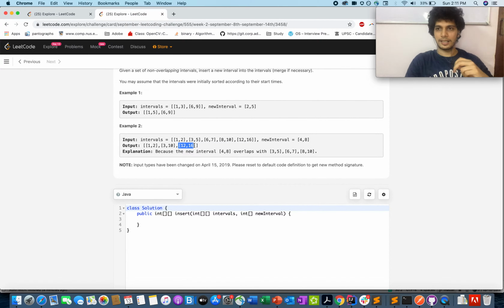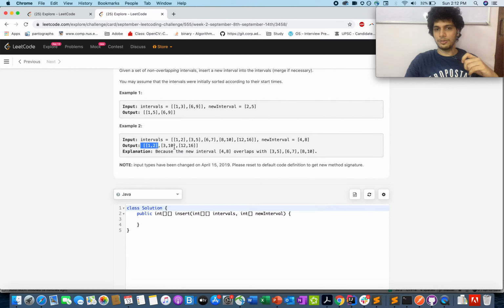So as I explained the question, there are three parts to the question. One is those cases before any merging can happen, so you simply add it to the result. Then there were cases where merging actually happened, and you added the desired output in your result. And there were cases where there is no possibility of merging after the merging has happened, which was [12,16]. There could be further more elements at the end of it, and you simply add it to the result.